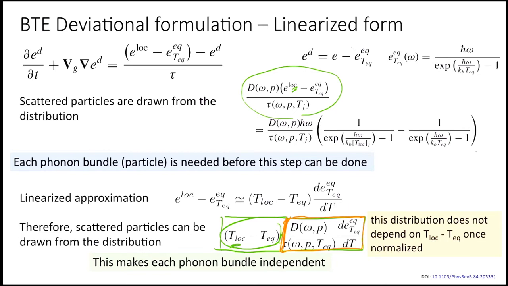So now we could propagate all the particles one by one. Or if we have several processors, if we want to do parallel computing, then we could use different processors to propagate particles. Basically one particle does not need to know what the other particle is doing. And in the end, we could collect all the statistics.